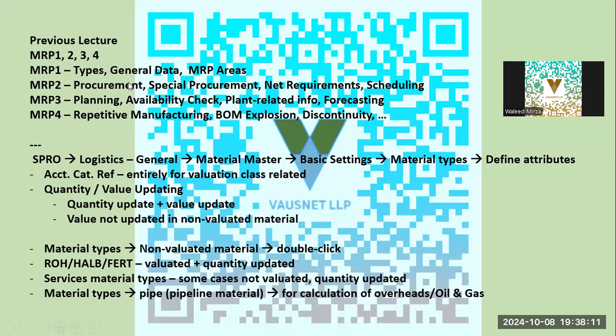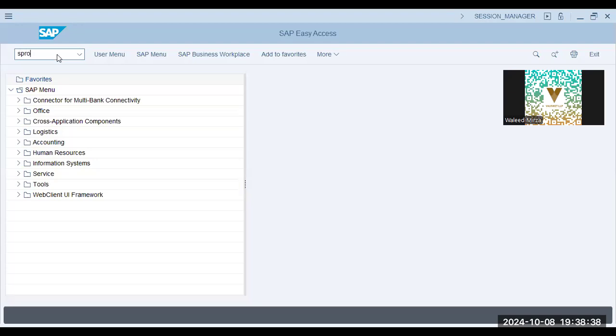Now, in the previous lecture, we studied MRP screens 1, 2, 3, and 4. In MRP 1, we had different segments like types, general data, MRP areas, procurement, special procurements, net requirements, scheduling, planning, availability check, things like that. Okay. Now, what we'll do is go into configuration, PRO,